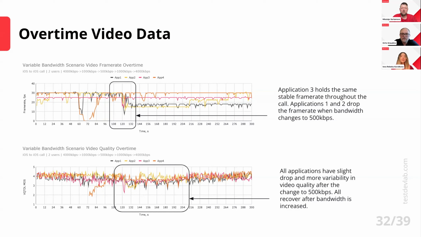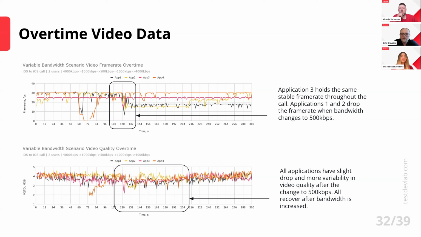So the first thing that we would notice is that on the first change, application 4 is not really able to handle such a drastic decrease in the available bandwidth. So it decides to actually turn off the video before it can adapt to the change. And that's why there's a gap in the data, because the video is turned off, thus we cannot really evaluate the quality that is happening there.